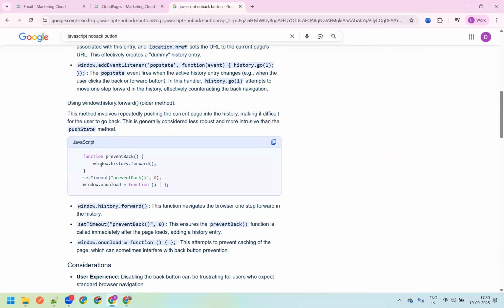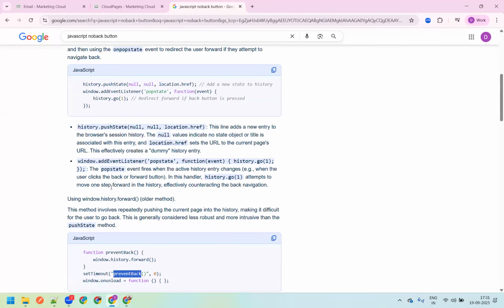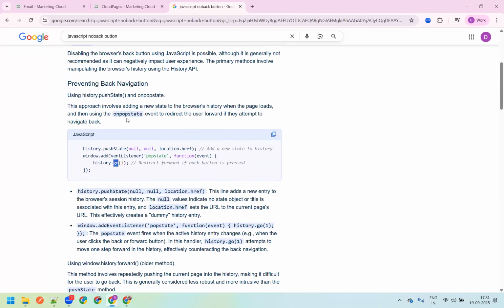I think this is the one, function prevent back, window dot history dot forward, set timeout prevent back 0, window dot onunload. Is this the one? History dot go, on pop state. History dot push state null location and add a new state to history, window dot event listener